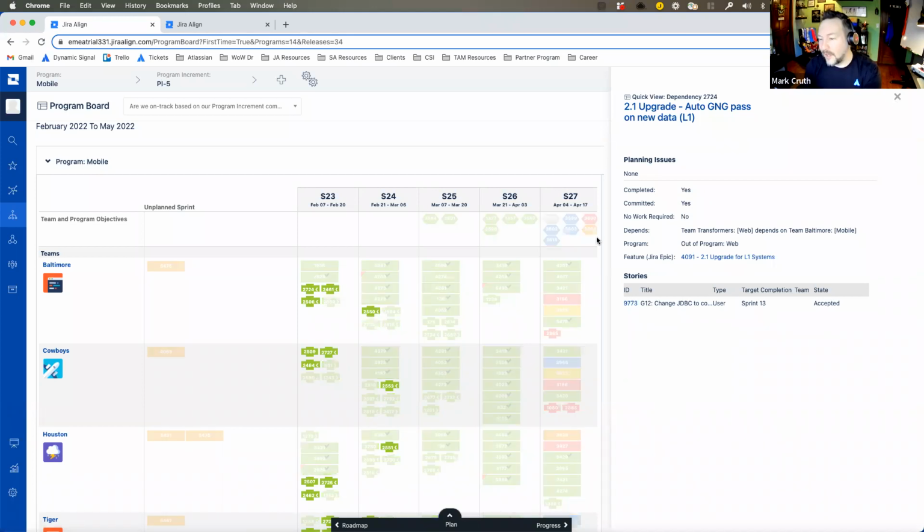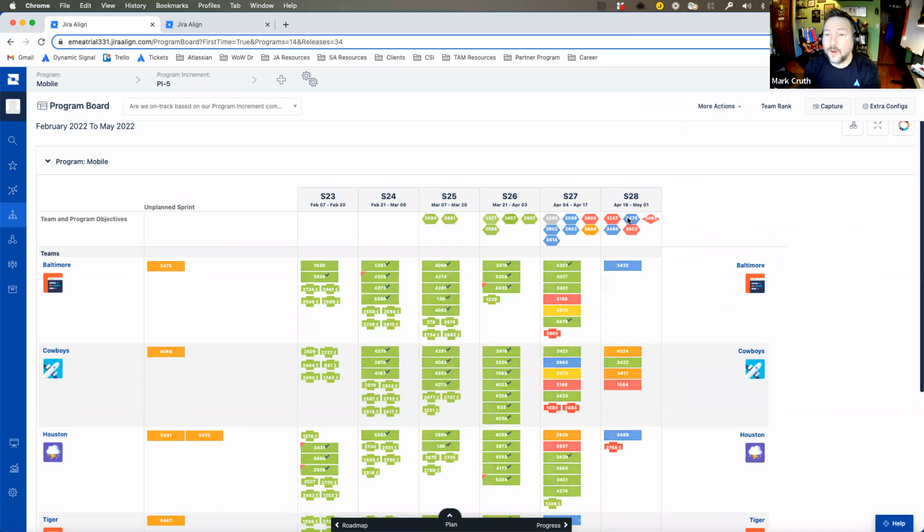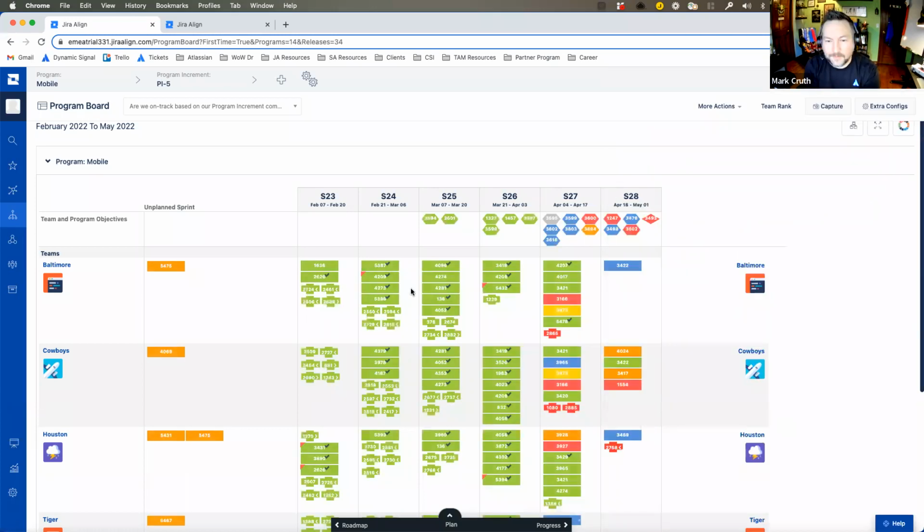The last symbol to take a look at here are these little diamond shapes. Diamond shapes are going to represent things such as objectives. In this case, it's a team objective, as you can see. We can see the overall status of that, and we can also see the work associated with it. In this case, we have one feature tied to this objective. So we can say, hey, how are we doing here? We know we've got one feature we're doing to support it. We can then go in, and once that feature's done, assess how we did on that objective. So for us, this gives us that one-stop shop view to see how work is laid out across the quarter